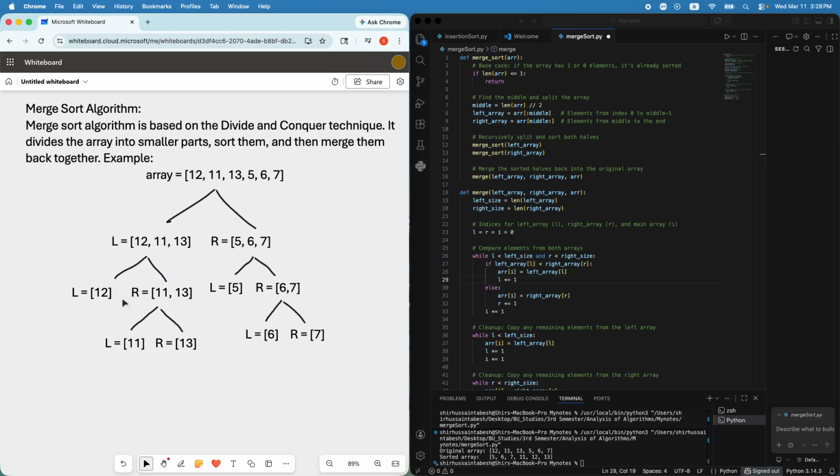Then you compare these two elements, you see which one is smaller. You see that the smaller element is in the right array, so you take that. So this condition does not meet, you come to the else part, so you take that element and put it in index 0. You take number 11 and put it here. You put number 11 in index 0 of the array,